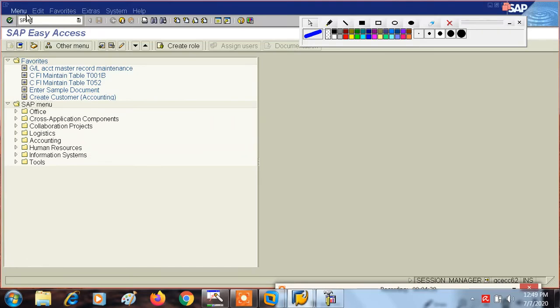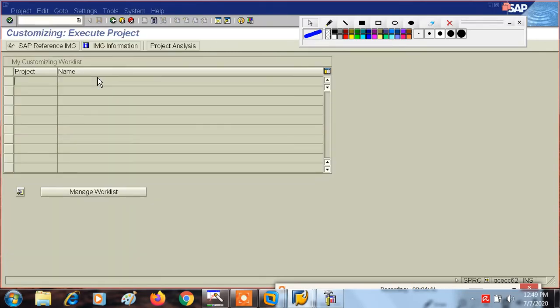SPRO. Let's go through the path, because it's somewhat difficult for you to remember so many T codes all at once. Like right now, out of hurry I told you that fiscal year variant is OB37, but it's actually OB29. And OB37 is for assign company code to fiscal year variant. So it's easier if you go to your task screen by navigation. So that's easier.